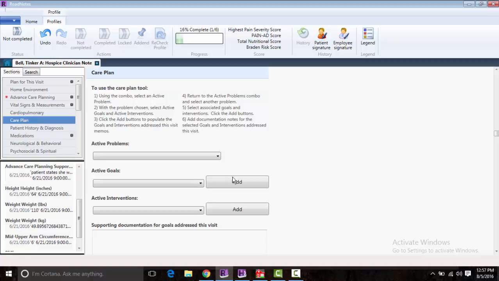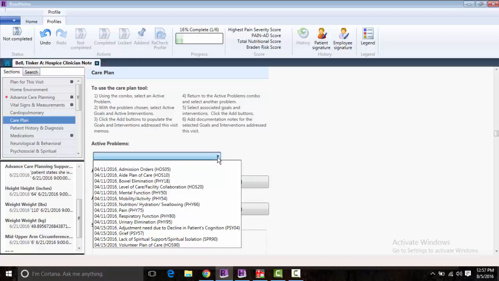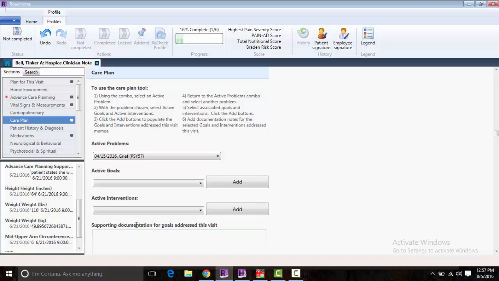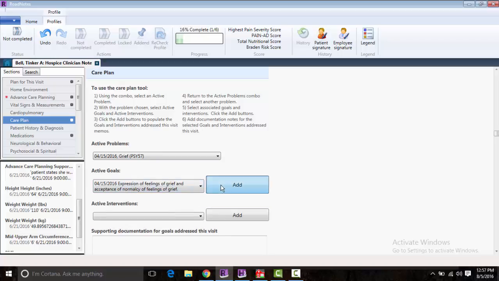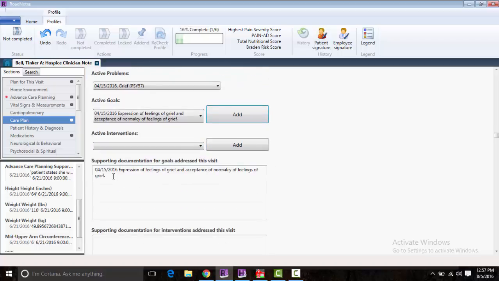And this is where on any routine visit, once you've built your care plans, you have the opportunity to select an active problem. And look, luckily we have one here that's appropriate. You can bring in the goal from that problem and add that to your note. If you'd like to then go in and talk a little bit about that, you can type in additional information here